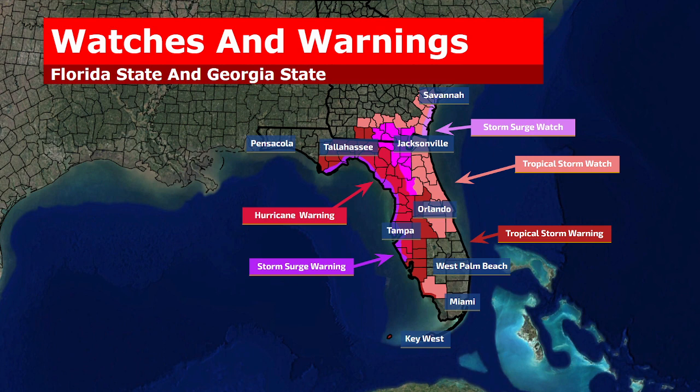We have hurricane warnings now in effect for Tampa all the way through pretty much towards the Tallahassee area. Tallahassee under a hurricane watch and a tropical storm warning. I'm pretty sure they are going to get upgraded to a hurricane warning as the storm gets closer. Down towards Fort Myers, still under a tropical storm warning. And then we have a little sliver there for Naples and Marco Island under tropical storm warnings as well. Storm surge warnings have been allowed to expire in that area. They've been moved towards the north, but we still could see some storm surge, especially in the Fort Myers area,